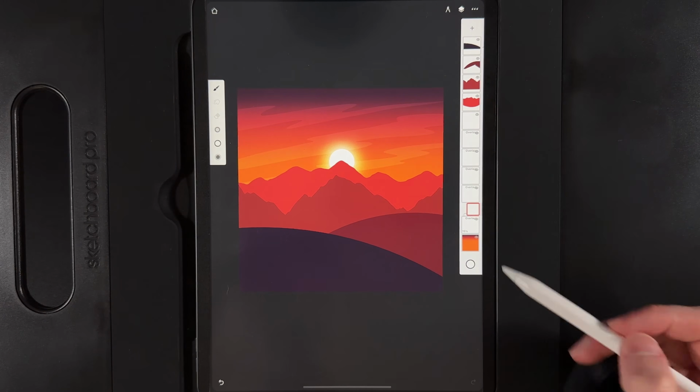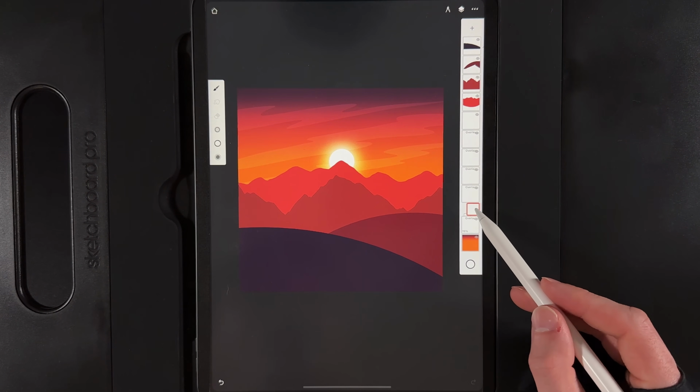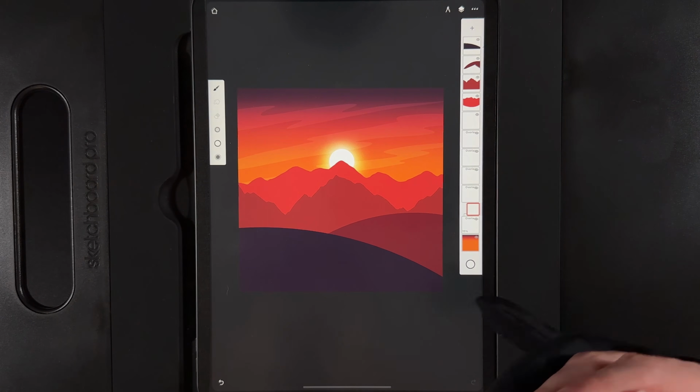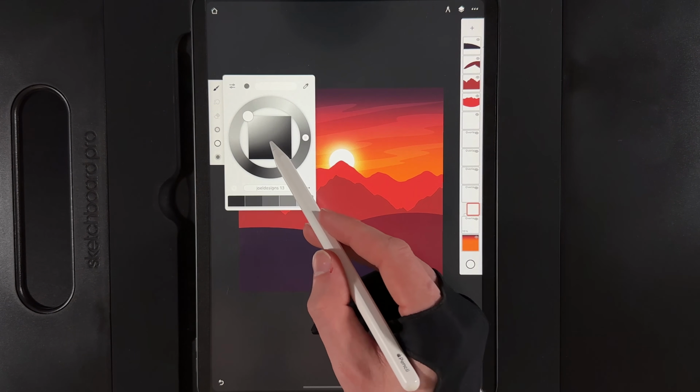Then what we're going to do is tap on this layer and add a mask. If we tap on the mask, you see this extra little layer that's been attached to your clouds. That is your mask. If your mask is set to white, everything is showing. But if I draw on the mask with black, so if I go to my colors and select black,